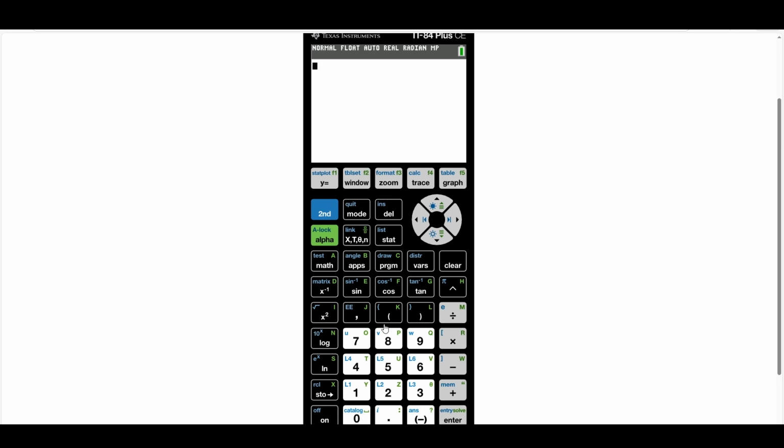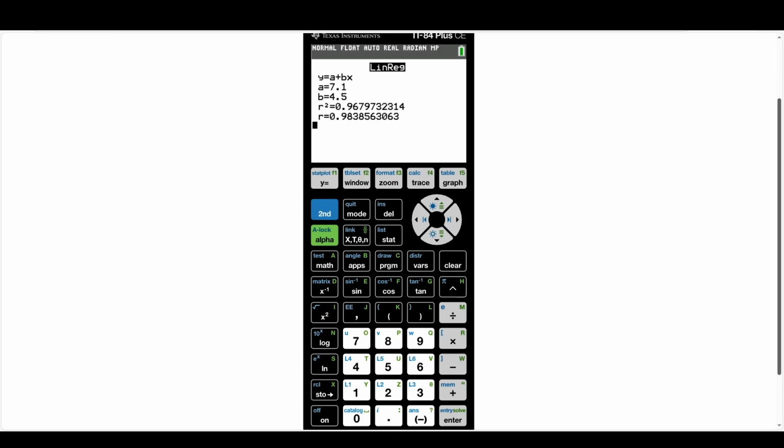So now that we have that setting turned on, we can go into stats, and we can go into calc, and then we can scroll down to linear regression, or linreg. We can press enter. And if I look at this table, the only thing I need to focus on here is my r. The r, not the r squared, but the r is going to be the correlation coefficient, which is